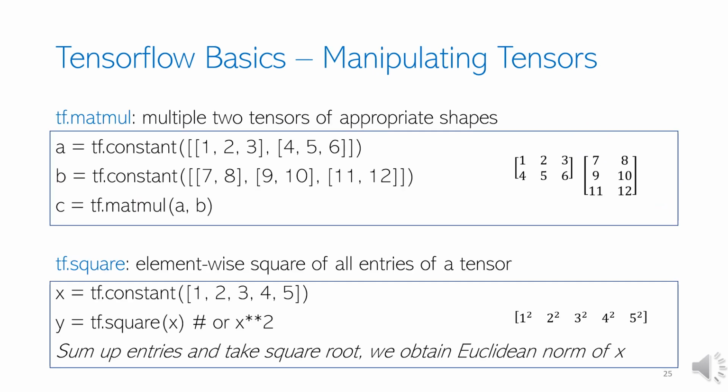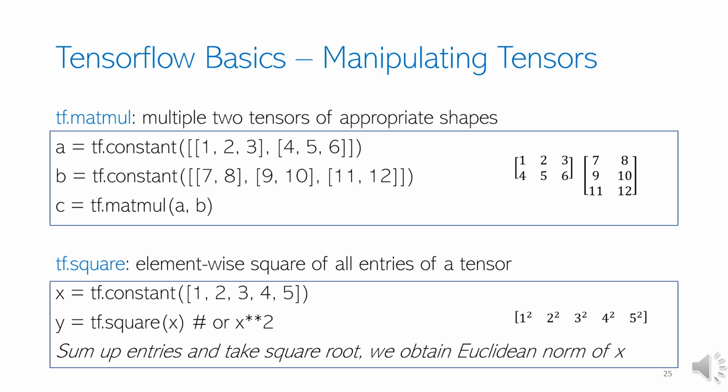For matrix multiplications in TensorFlow, you can use tf.matmul. tf.square is another useful method, which returns element-wise square of all entries of a tensor. You can also use the double star operation, where very similar to NumPy, it will return different element-wise powers